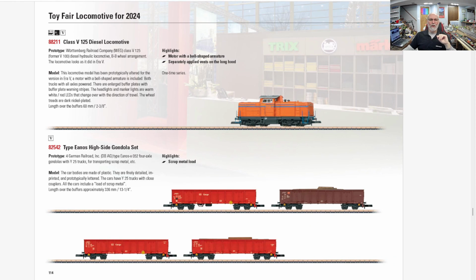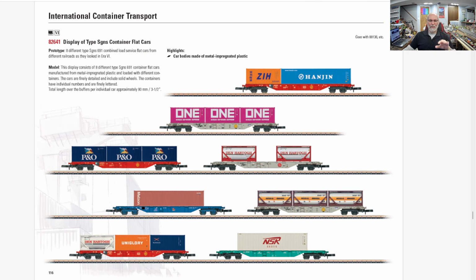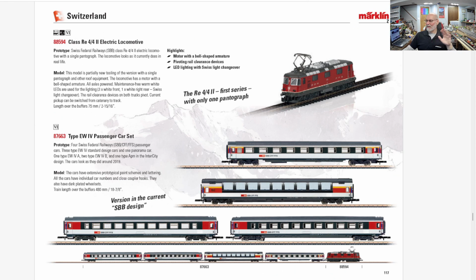And just more and more cars and locomotives here. Just very cool stuff for Z scale. And then here is the 218 in Z scale, and a bunch of freight cars. The Glacier, the SBB. I almost said Glacier Express, but I don't think this one's officially called that. But a gorgeous little Z scale Swiss train set with the pantograph